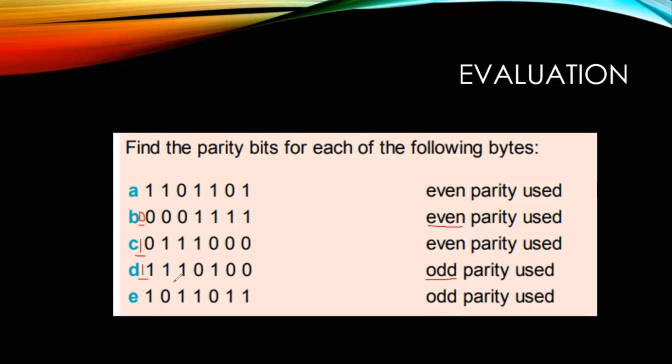Let's come to the fifth example now. We are using odd parity again, and the number of ones, if you count, is 5 ones, so it's already odd, therefore I will need to add a 0, obviously, to keep the number of ones odd. So these are some of the examples of exercises that you may have when it comes to